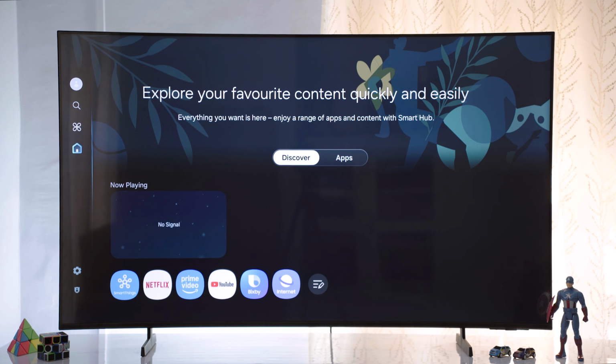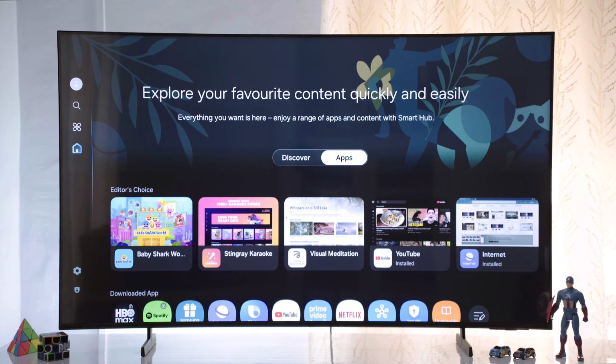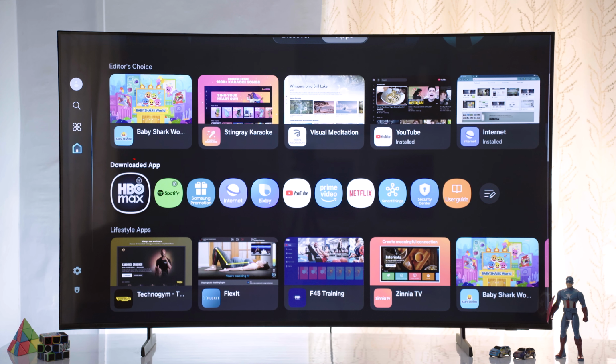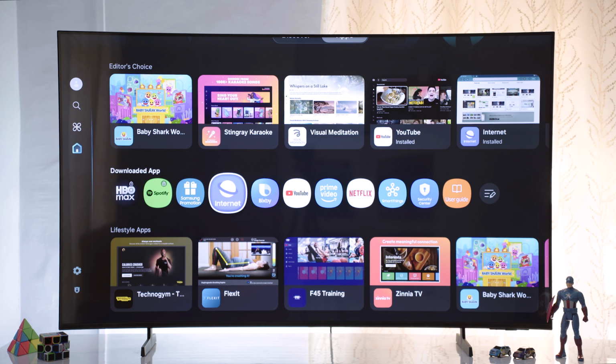How to turn off Bixby Voice on Samsung Smart TV. Now once you are here on the main home page, you can go to the category of apps and under downloaded apps, if you have installed Bixby, you can simply tap on it, or else another step you could do